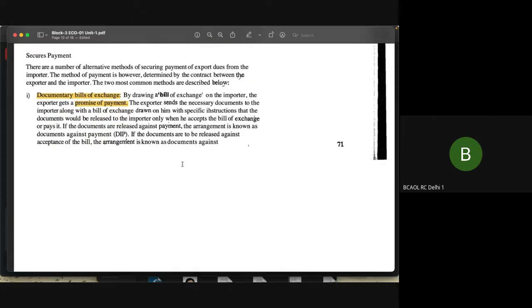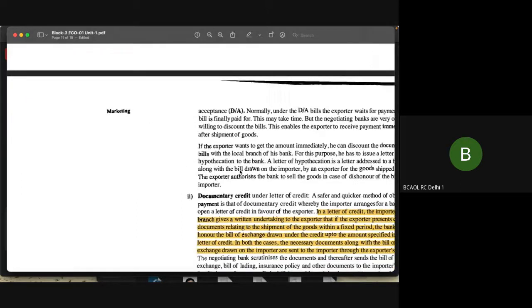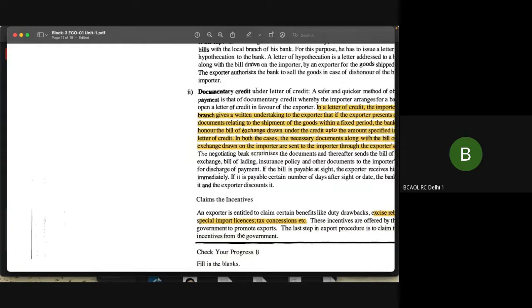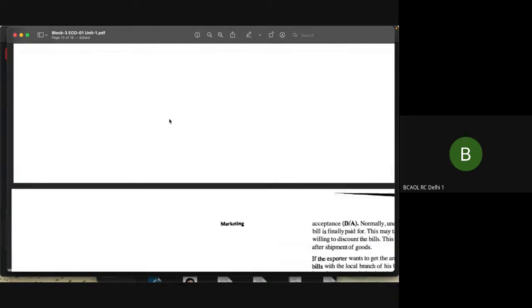Now, once the ship takes off and reaches, the importer has to now make the payment. Making payment has two ways. As an importer you can make payment in two ways, either by bill of exchange or through letter of credit. Okay, either by bill of exchange or letter of credit. What is a bill of exchange? It is